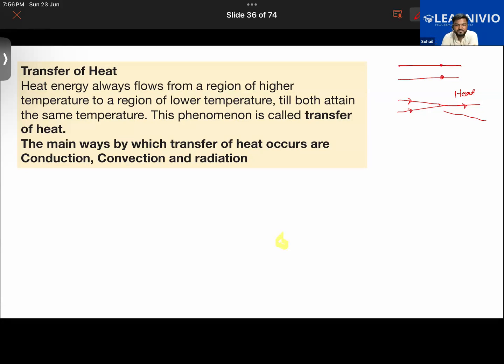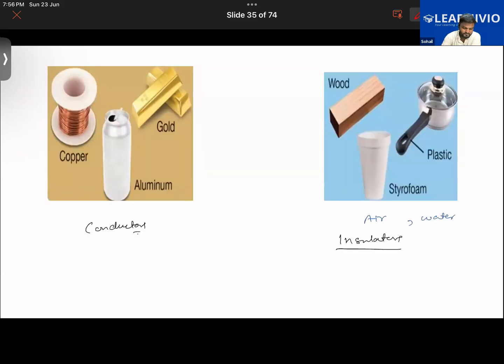Sir, when I went to my native place for Bakrid, I saw a monkey in front of my apartment. My father had made all the wires taped with insulators like foam and tape all over it. The monkey just held the wire and got an electric shock so badly that he fell down and his face was all covered with blood. Why, sir? Even though all the wires were covered with insulators, why did he catch fire?